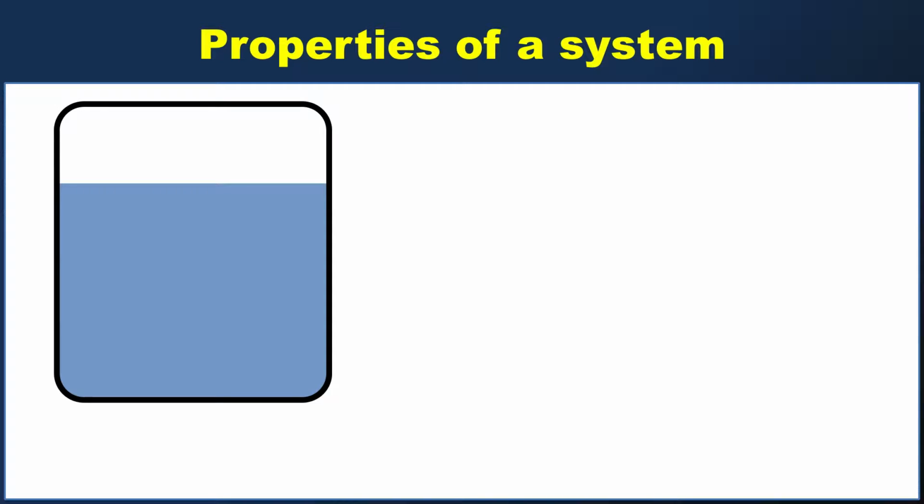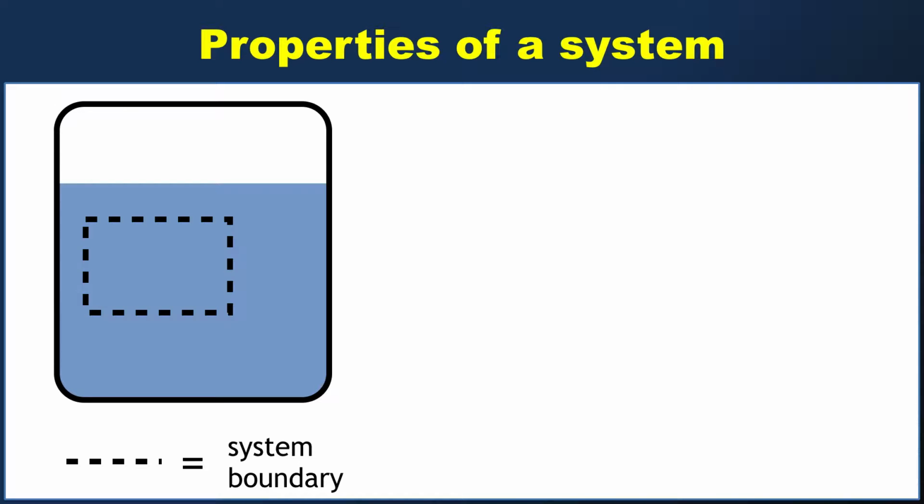The first step in determining the properties of any system is to define the system itself. Let's consider a container full of some fluid like water. Well, that's actually not good enough. We need to be very precise about where our system begins and ends, so let me draw in a rectangle. That rectangle marks the system boundary, so anything interior to the rectangle is the system, anything outside of it is